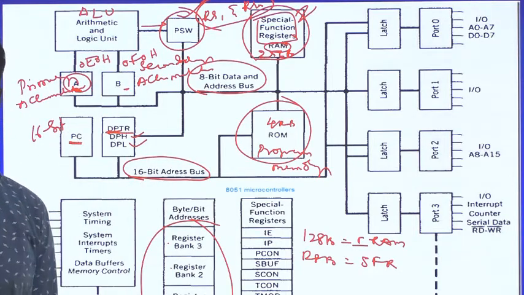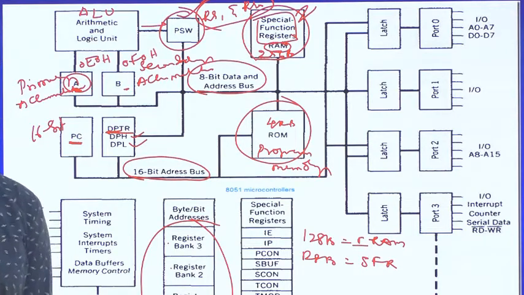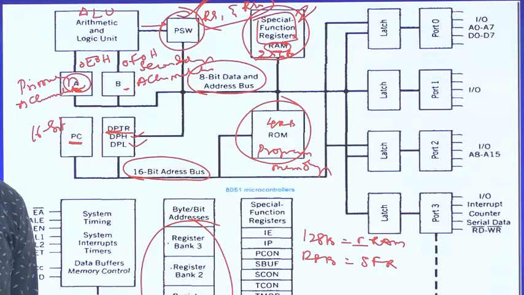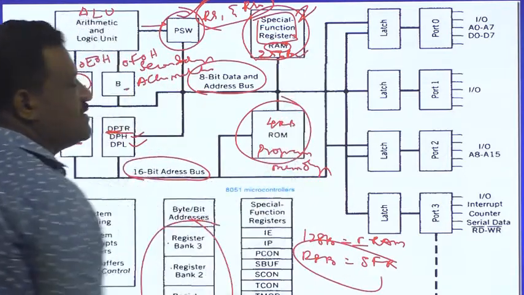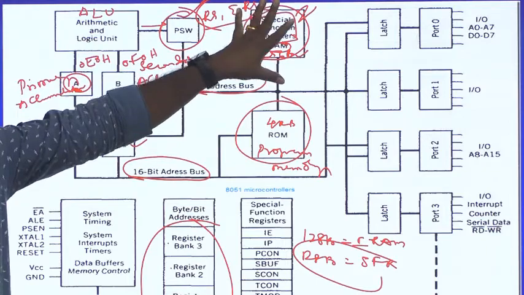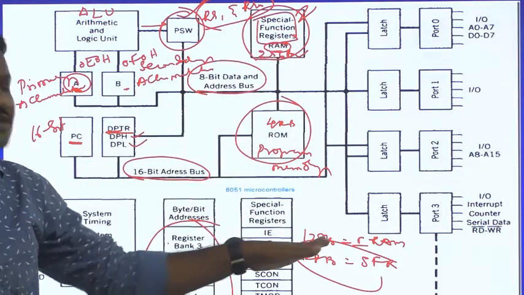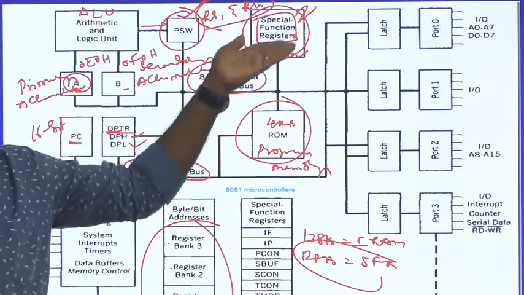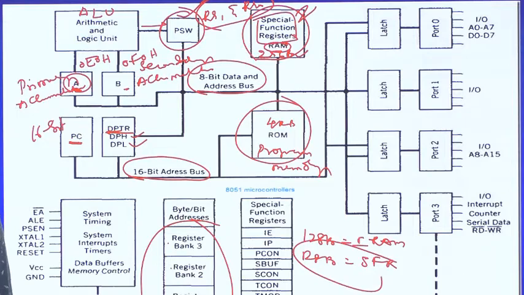microcontroller. Each and every register has its own internal address except the program counter, PC. Those addresses we get from the second half of this 256 bytes. So that's why in this block you have two partitions. One partition is RAM of size 128 bytes and the other half is nothing but SFRs, which is another 128 bytes.